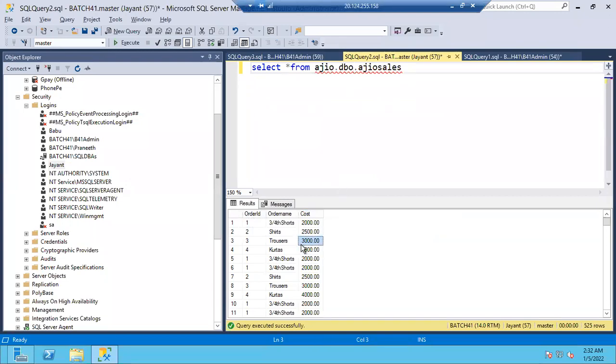Clear, guys? So Jayant is a member of which role? Data reader. Now can Jayant read any other tables, or can he read only the Azure sales table? Only Azure sales. Why only Azure sales? Can anyone explain? We only provided access to that particular table? Is it correct? Particular database only. Is it true?